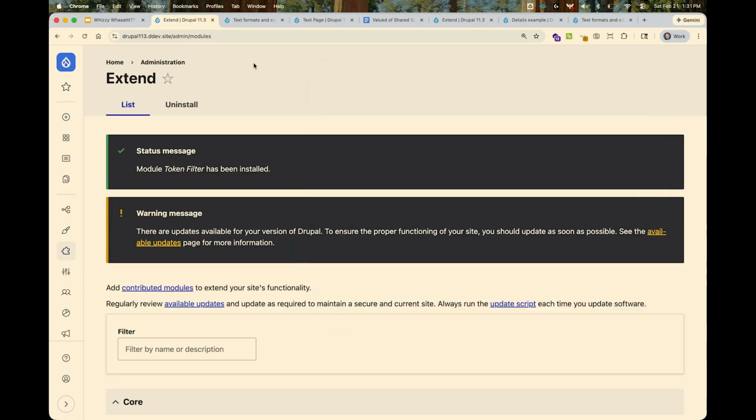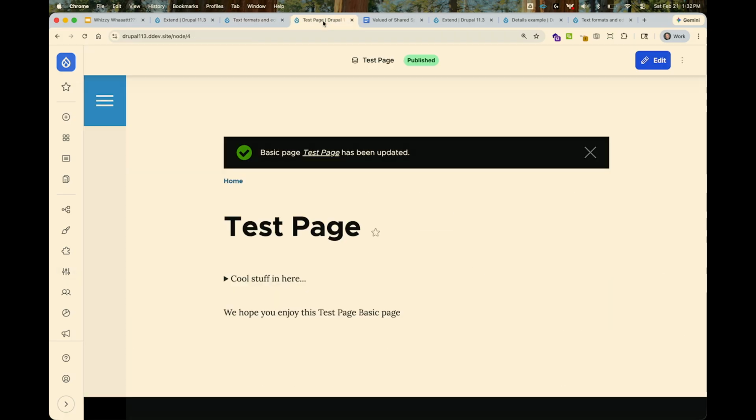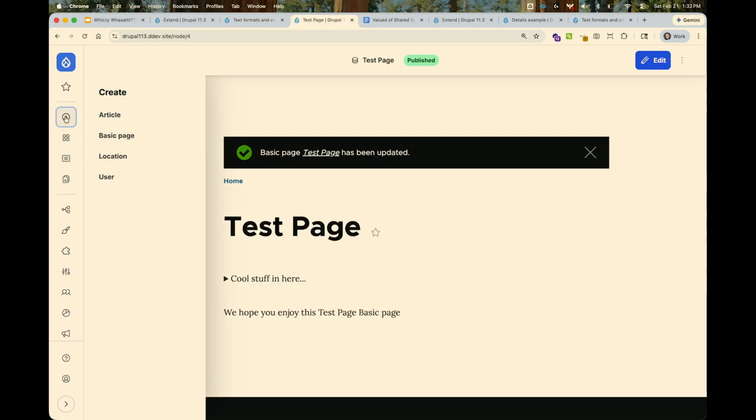But in my experience, it's at least as effective to just make sure that people aren't using a text format that's more permissive than it needs to be, so that it strips it out by default for you. So let's go back to the content creation page